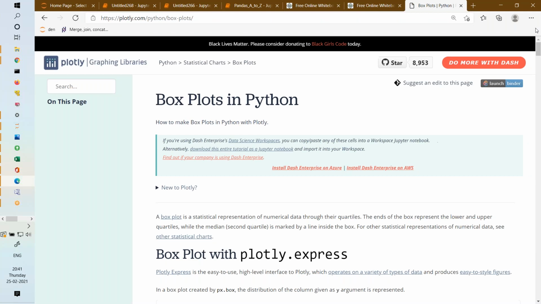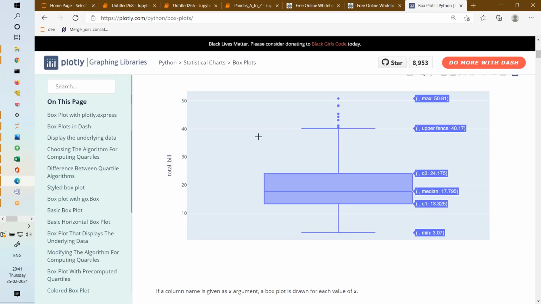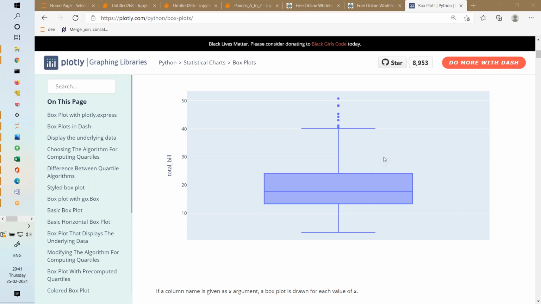So basically this particular library we will discuss later. Don't worry about the code, we will discuss it later. So for example, this is one column, total bill. You can see this is my box plot. So when I'm coming here, you can see I have all of this information. On the right hand side, this is exactly what we discussed in the theory, right? If I keep my cursor here, can you see the middle line is the median?